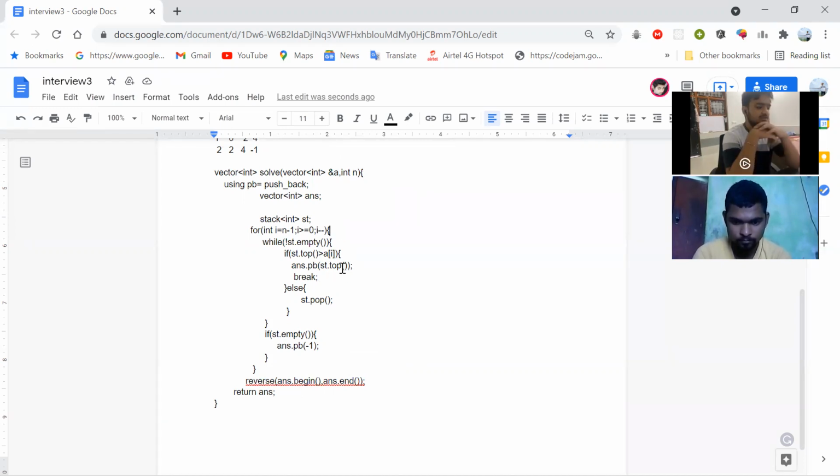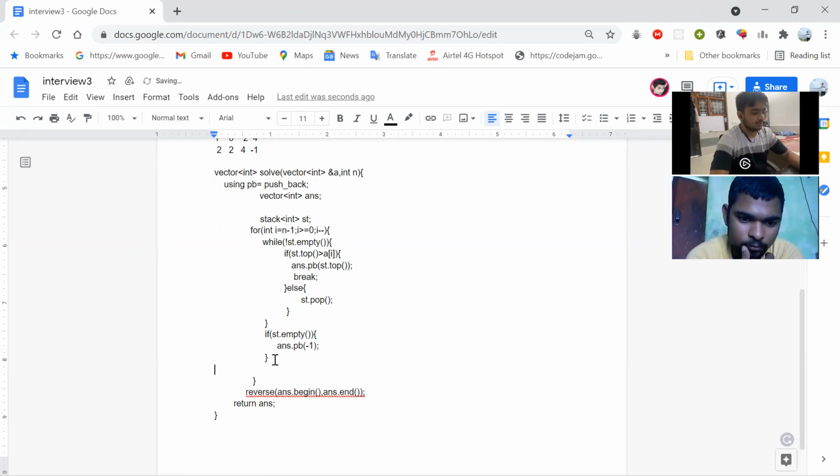Yes, it seems good enough. So where do you push your stack, because you are pushing only one time into your stack? Okay, I have to just push that element also.